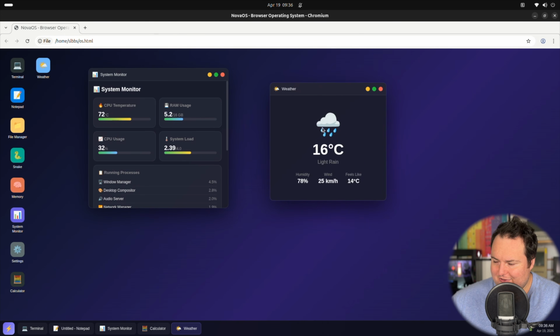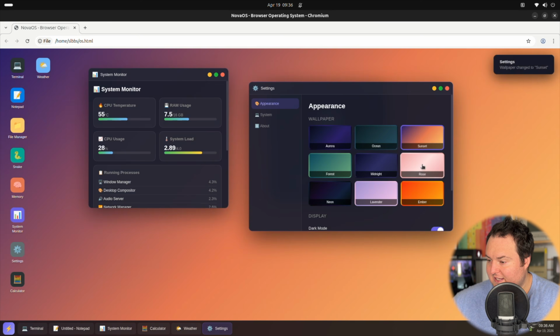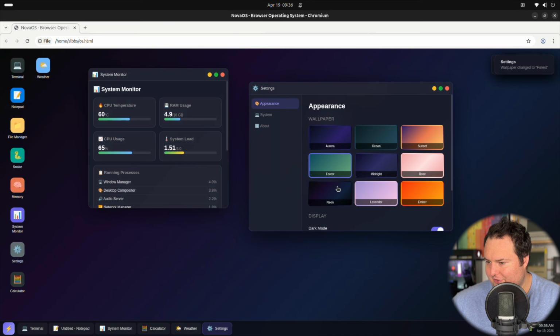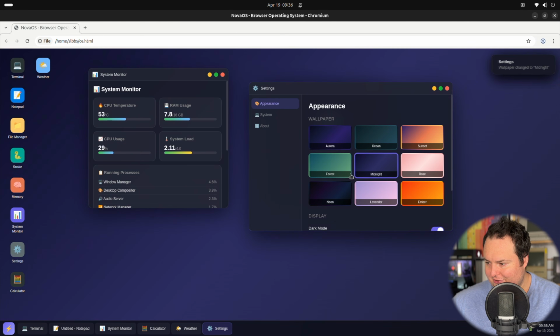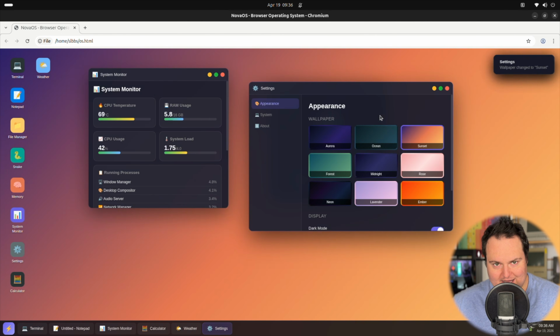We have a weather app. It's simulated, but not bad. Again, all right, now let's open our settings pane. That's a wide variety of different background colors, and something I've been seeing more and more across many different model types and different providers is they're just putting gradients now instead of images, because then there's far less likely chance